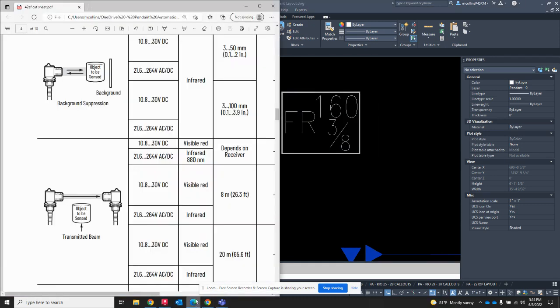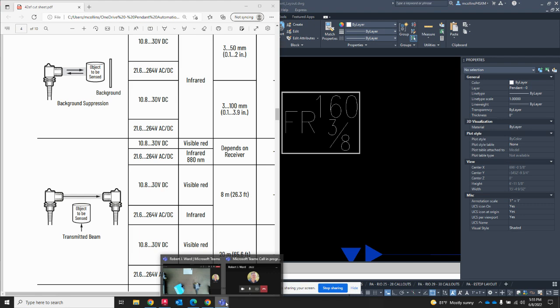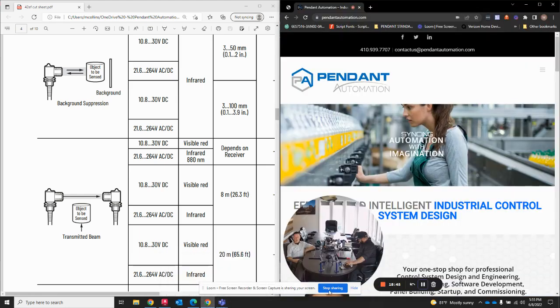So yeah, if you use the background suppression or something, 2 inches, 4 inches. Yep. That creates a window that you must be in, and that's the other way to do that, like ultrasonic. Yep. And it's much less expensive to go with a background suppression sensor than an ultrasonic, and plus the teaching and the dialing it in and all that stuff. But transmitted beam, through beam, 65 feet, and that is definitely the way to go when you want some repeatable,